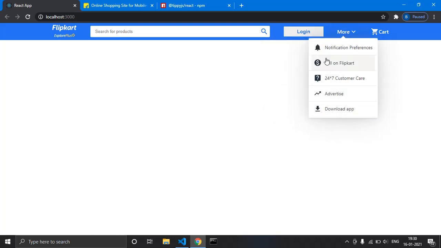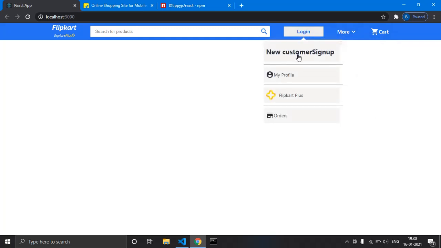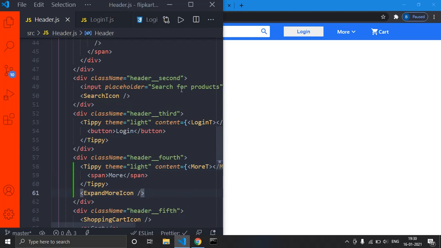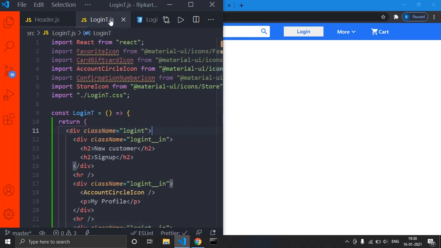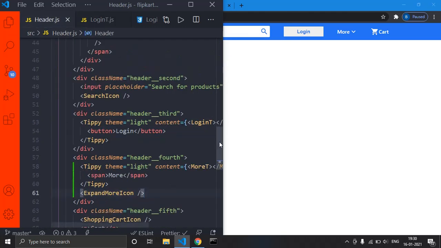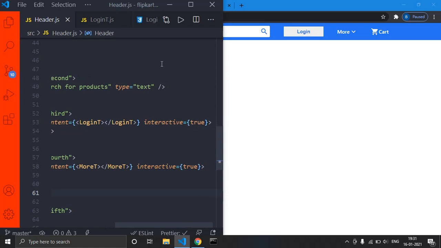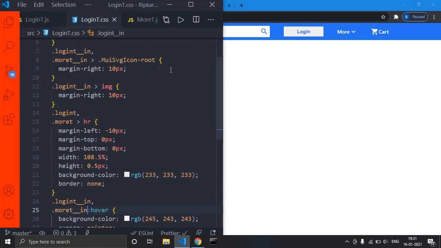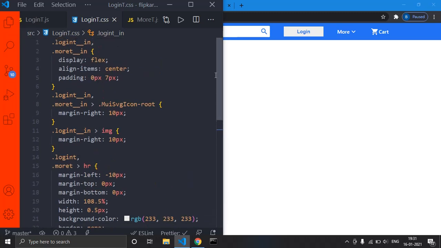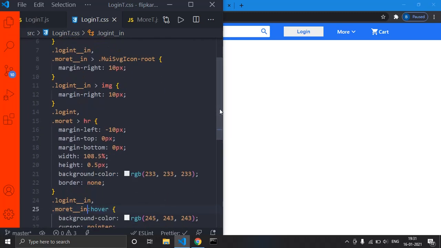Let me check login t.js, whether the interactive prop is true. Login t theme is given as light and content interactive is true. And in login t.css, did we change any of the styles?